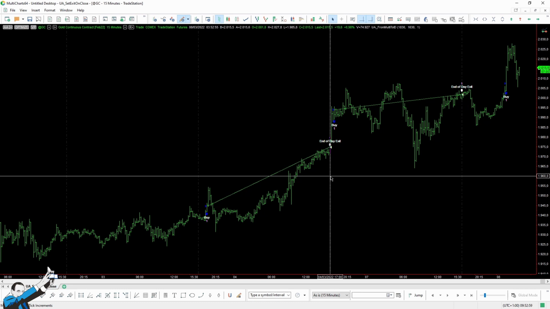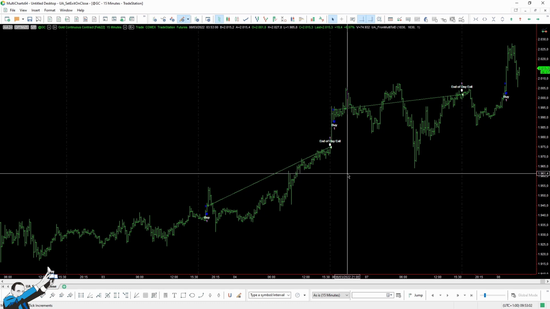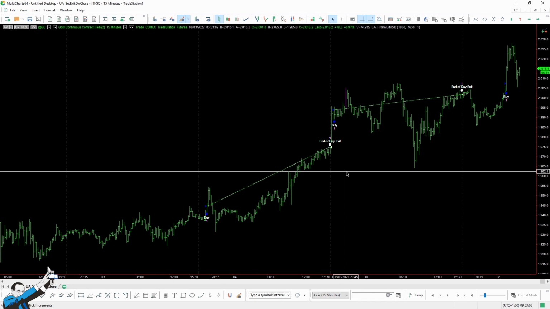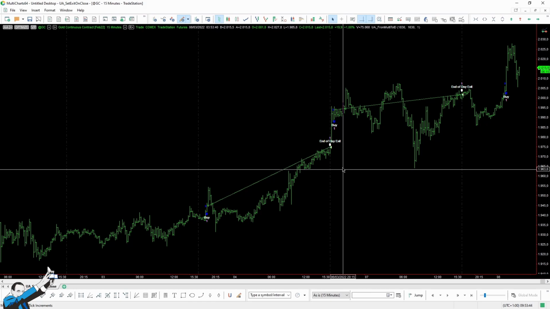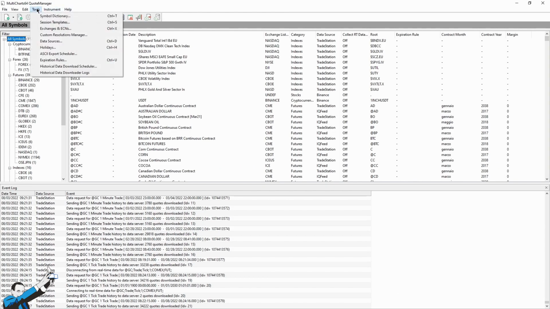So it's very useful in the backtest phase, because as we've seen before, we can decide whether to close or not to close trades at the end of the day, just in a line of code. However, in order to use it live, it is necessary to create a sort of trick, a ploy, to deceive MultiCharts, and then create a sort of fake session that cuts the last minute of the session in order to send that set exit on close order 1 minute before the official session end, and then actually close our trades. So to do this, just open the quote manager and click on session templates.